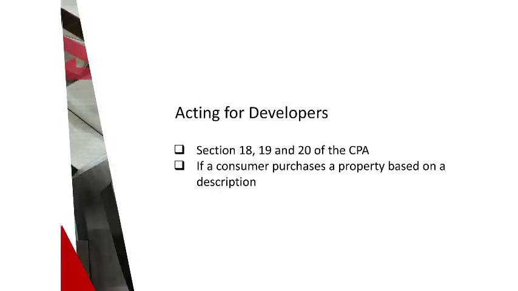Then the Consumer Protection Act has certain provisions regarding the disclosure of information and also the manner and style of the documents that you're drafting. These provisions are contained in Sections 22 to 28, but in essence, they state that when you deal with a consumer, your document, your marketing material, whatever information you furnish to that consumer needs to be pitched to him at a level that he can understand.